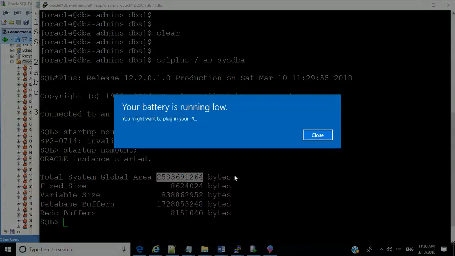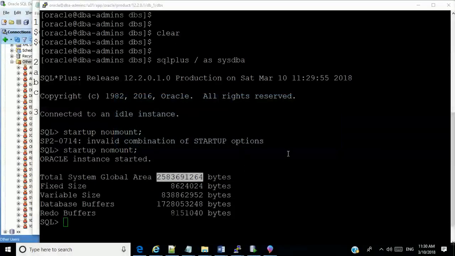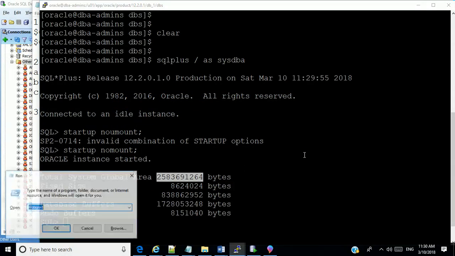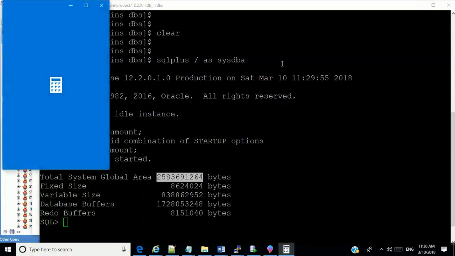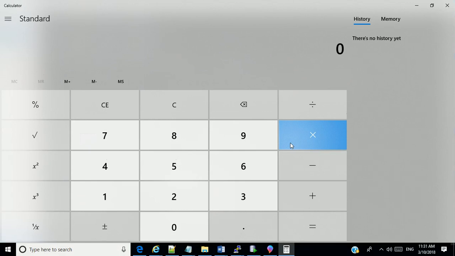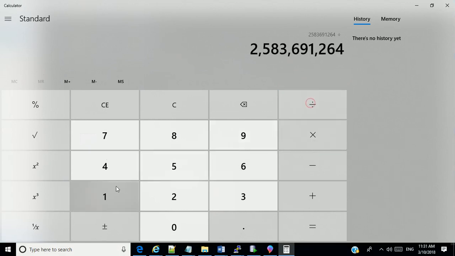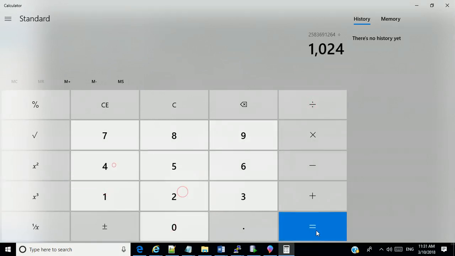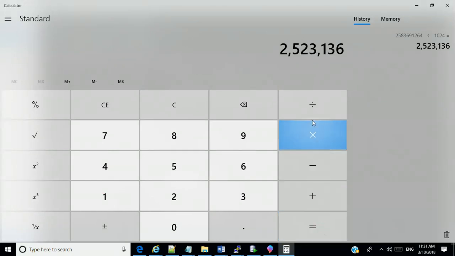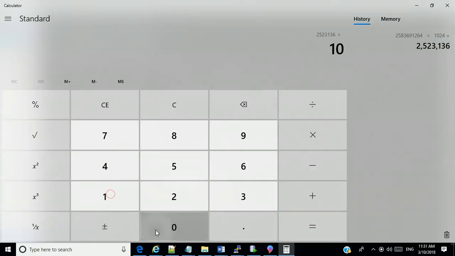Sorry, let me. I always like to make everybody see everything properly. I open my calculator here. I put that value. I divide it by 1024 to change it to kilobytes, and I divide it again by 1024 to change it to megabytes.